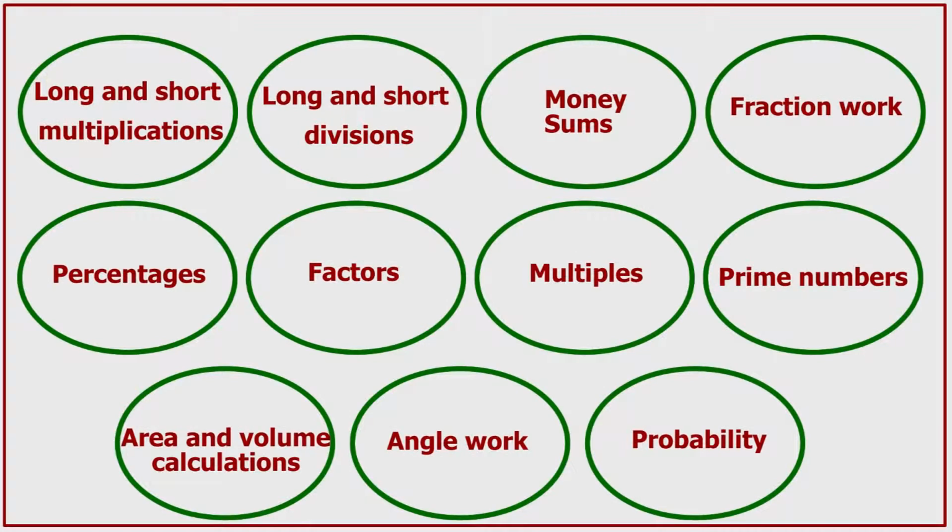Now, if those 4 major changes weren't enough on their own, here's a list of just some of the topics that your children will come across in their first few years of mathematics and for which a good knowledge of tables is absolutely essential. Both long and short multiplication, long and short divisions, money sums, fraction work, percentages, factors, multiples, prime numbers, area and volume calculations, angle work, probability. So I hope you can see now how important it is for children to have a very good knowledge of